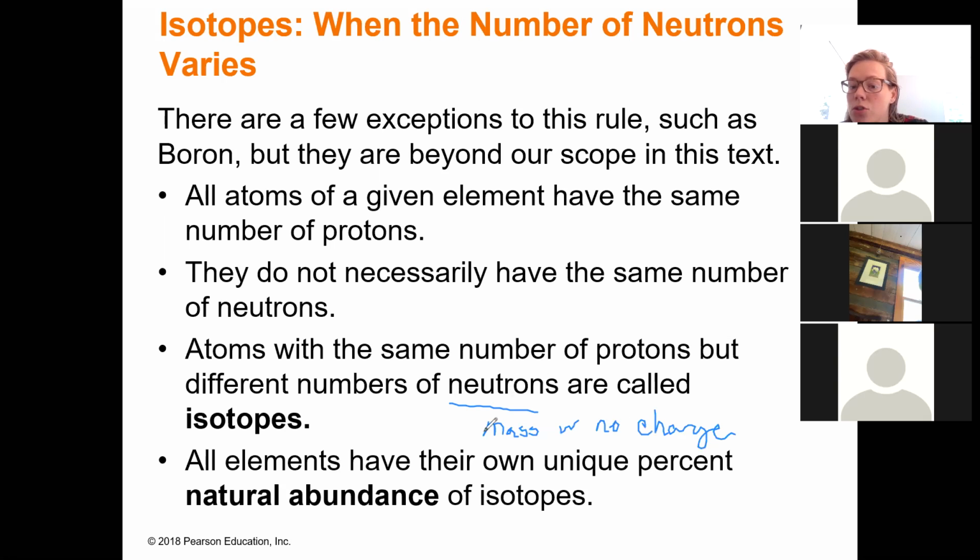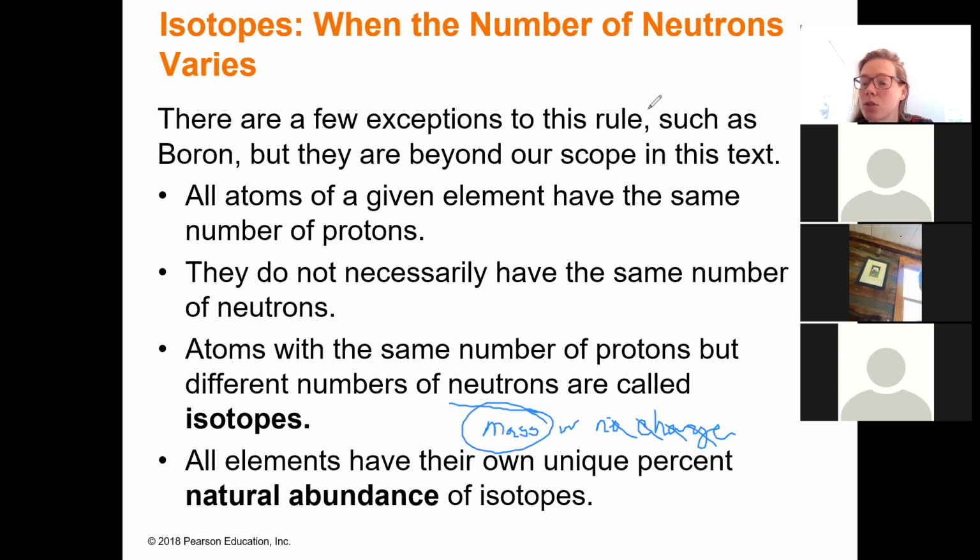So if I adjust neutrons, I'm going to change my mass, but nothing happens to charge. The charge stays the same. So in the environment, there can be isotopes that have more neutrons, which will make the atom heavier, or they'll have less neutrons, which will make the atom lighter. It doesn't change the fundamental